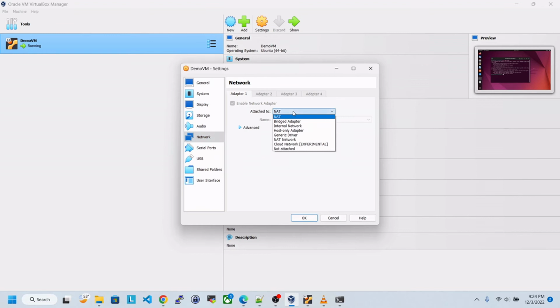But to connect to the VirtualBox we need to use a bridge adapter, because this will assign an IP of the same network that our PC is connected to. Okay, so I will do this, and I will just click on OK,